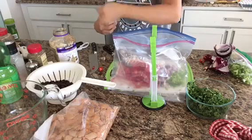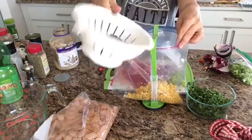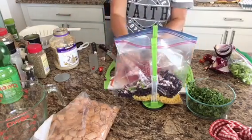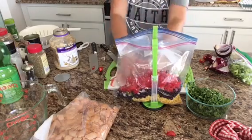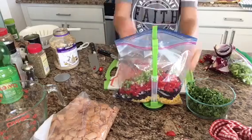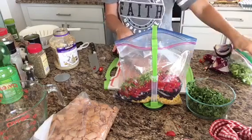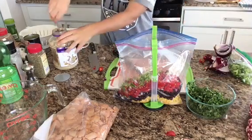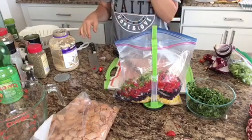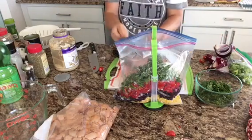Okay, into the bag goes the corn, of course drained. Then the black beans, drained and washed. And the onions, and the tomatoes, and the cilantro, and the jalapeno, garlic, yummy lime juice,